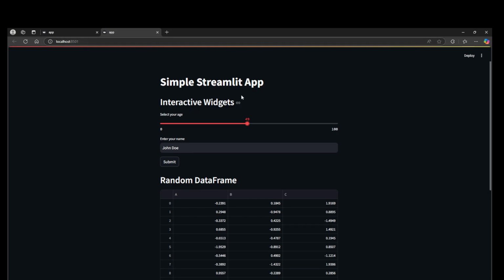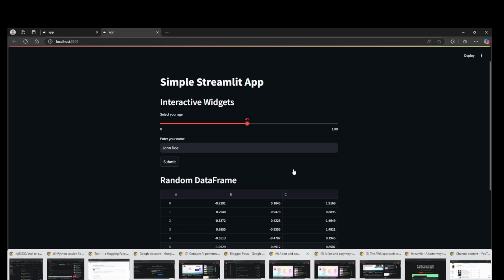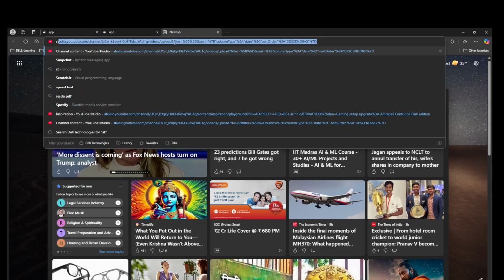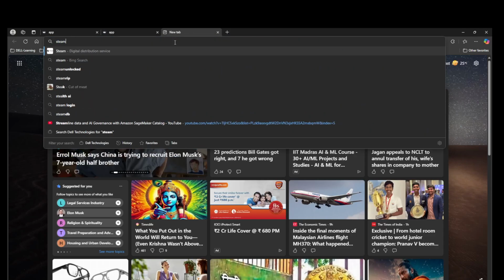This is running in local, right? We would like to deploy in a server. So how to deploy that? So we will run how to deploy in our Streamlit server. So to deploy in a Streamlit server, first of all, we need to go to Streamlit server. So let's find it out, Streamlit,